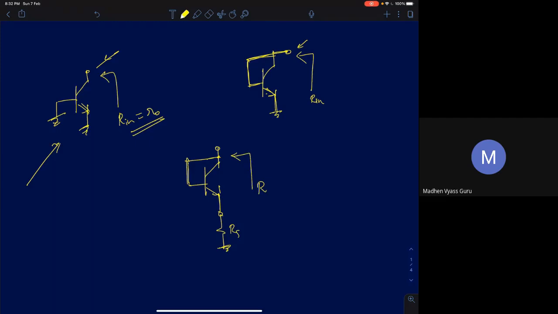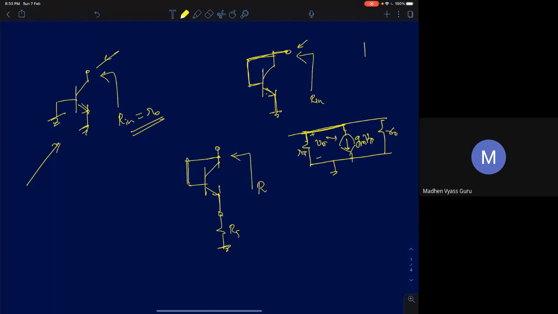But generally, we have already derived a problem of this type. So base and collector are short circuited. So the small signal goes this way. So you have gm V pi, R naught, and V pi is the voltage across this. This is R pi. Now the moment you short circuit base and collector, what would happen is that you have V pi appearing across the dependent current source gm V pi.